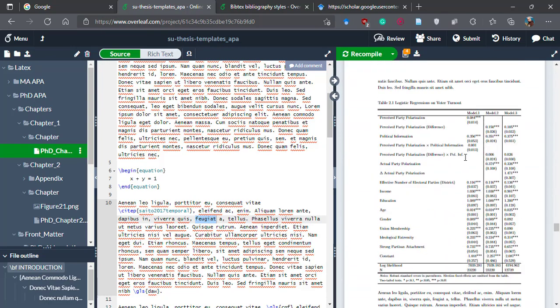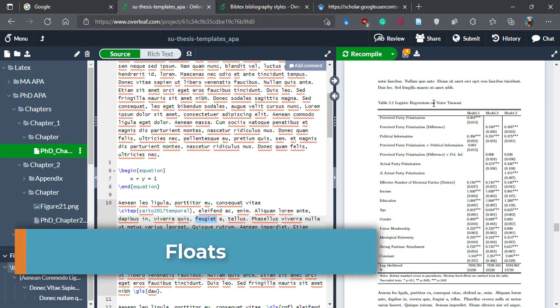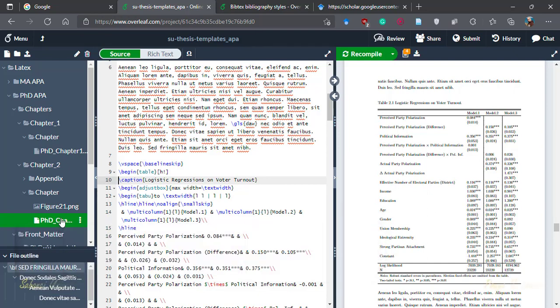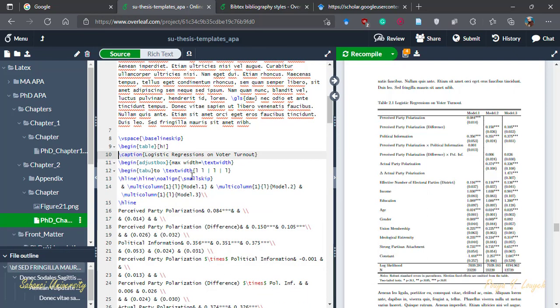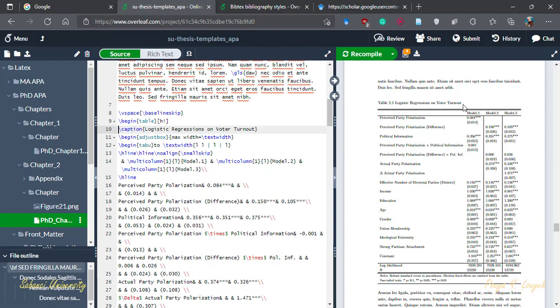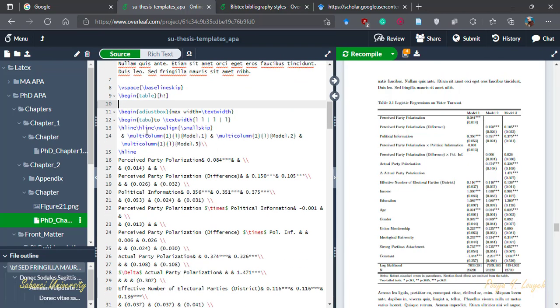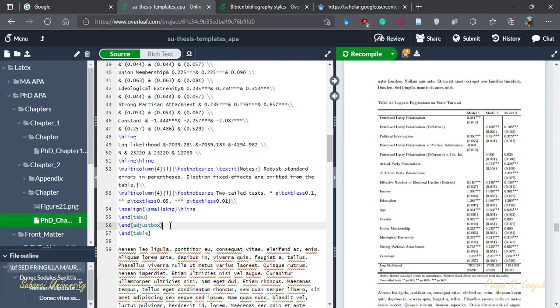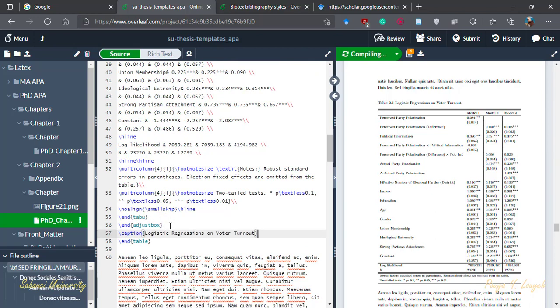effect of floats here. So in the table, I double click on that. It will direct me to this chapter and the table. So let's say I want to put the caption at the bottom of the table, which is unusual, but I just do it to show you how it works. So I just select the caption, I cut it and put it at the end of this, after begin adjust box. I go to after and adjust box, Control Enter,